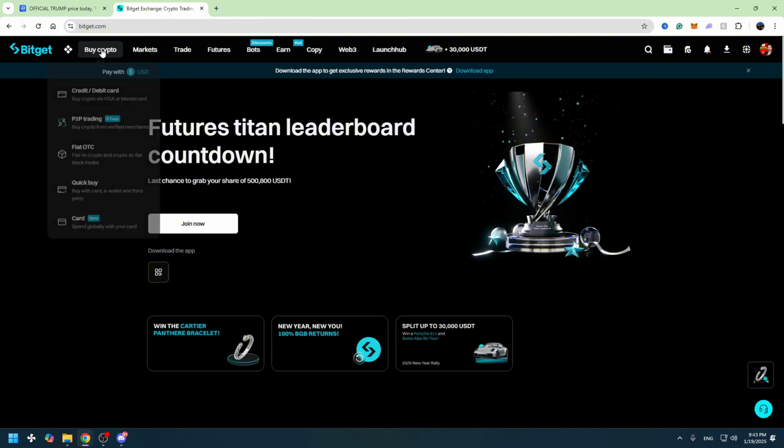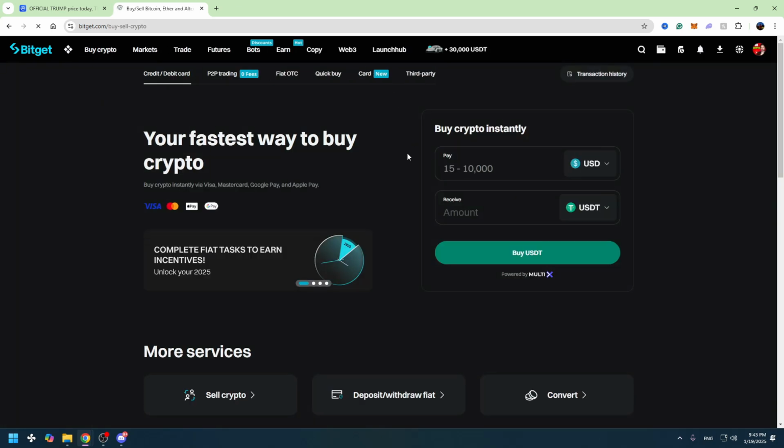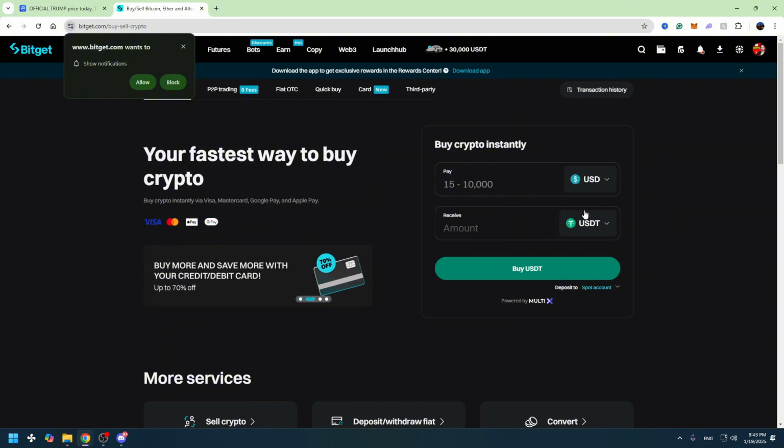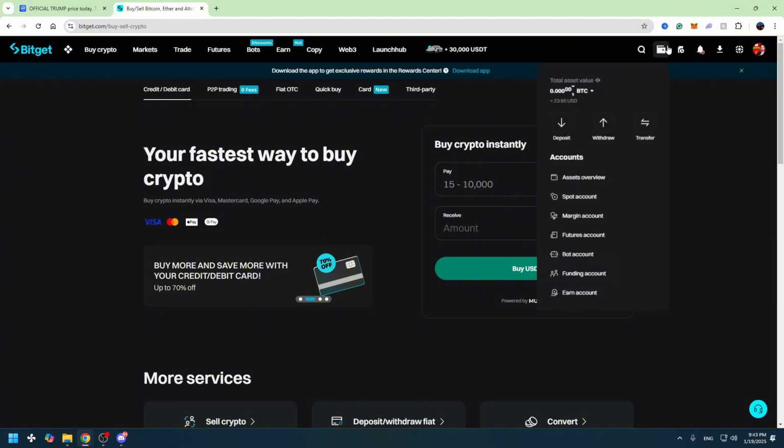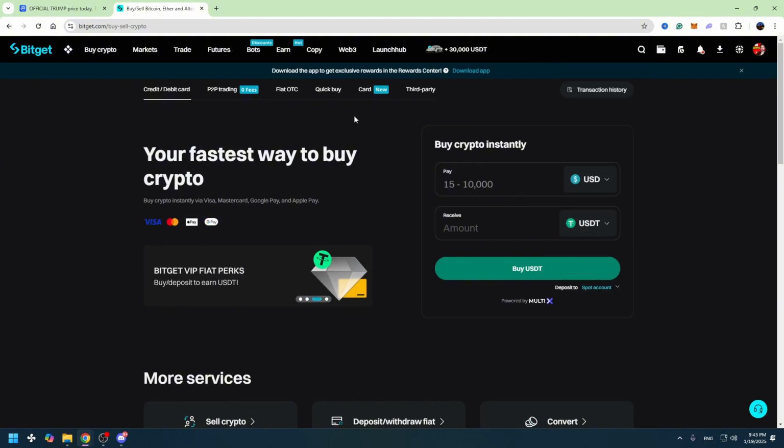You need to hover over buy crypto in the top menu, and you can use several options, but I suggest you use credit or debit card right here. Then you need to enter the amount of, for example, USD you're going to pay. Minimum is $15, and here is the amount of USDT you will receive. Just click buy USDT, finalize the transaction, and once you have USDT on your balance, then you can buy